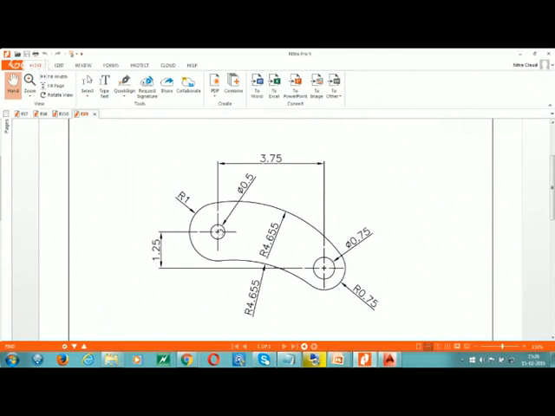ये है हमारे पास इस सर्कल का और इस सर्कल का हॉरिजॉन्टल डिस्टेंस है 3.75, वर्टिकल डिस्टेंस है 1.25। सो ये फर्स्ट सर्कल, इसको हम बेस सर्कल मान के बनाएंगे। इसका डाया है 0.5।